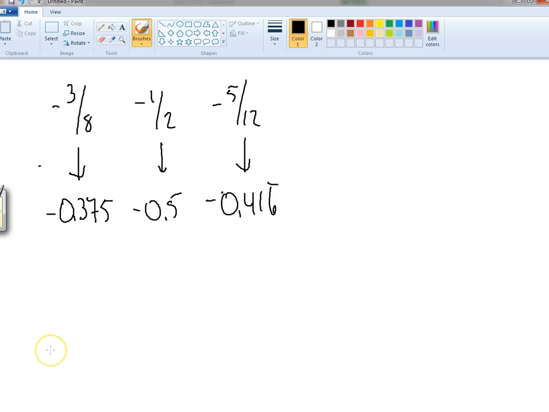So the question is, how do I know which one's bigger? A lot of students, when they're learning about place value or having a difficult time with place value, will look at this and go, okay,